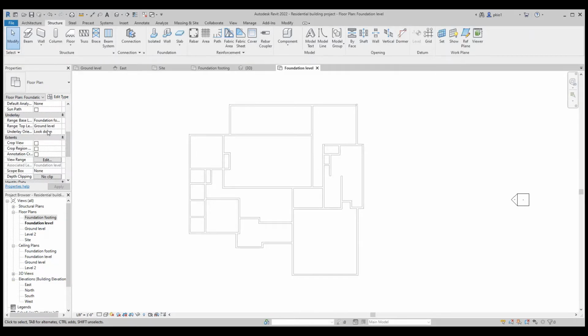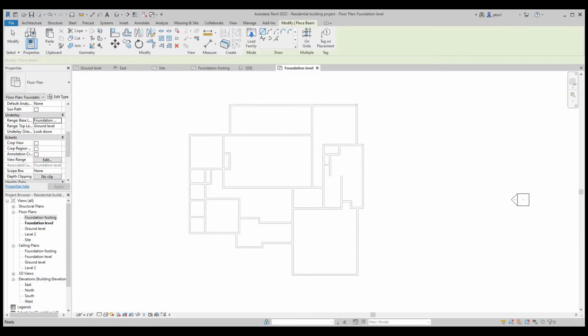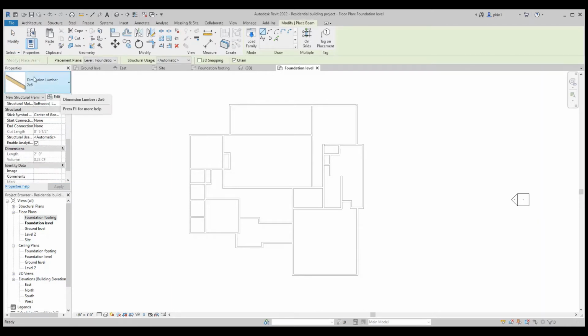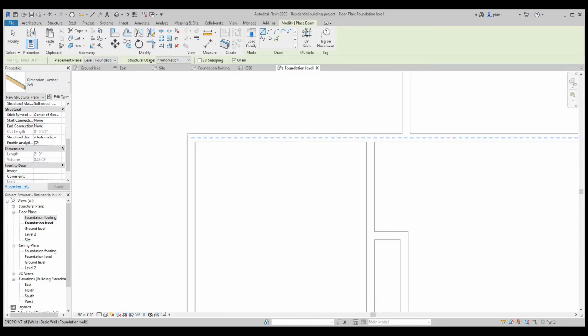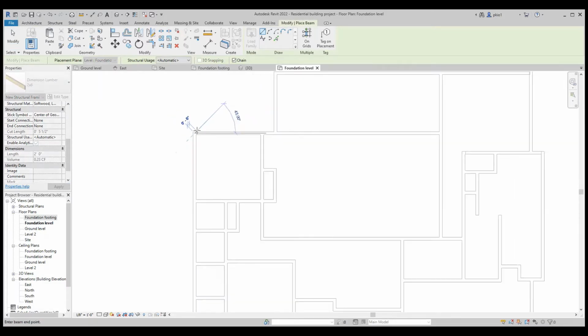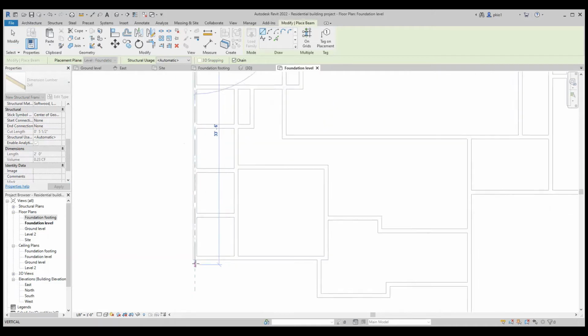Make sure that you have the range base to foundation footing and apply. So to apply the sill plate, which is a 2x6 lumber, come to the edge of the wall and draw a sill plate.